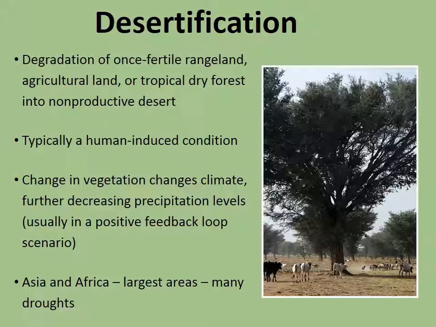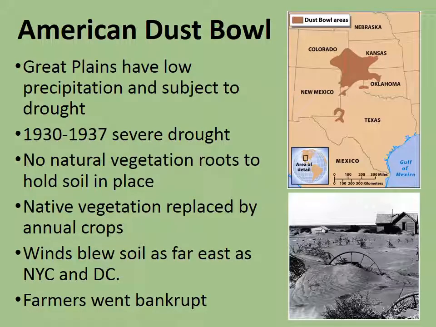Africa and Asia have the largest areas of desertification. They have lots of drought, poor soil nutrients to begin with. So the example that we use for desertification is the American Dust Bowl, which was from 1930 to 1937. There was severe drought, and it was the northern part of Texas, Oklahoma, Kansas, Colorado, really in the heartland of